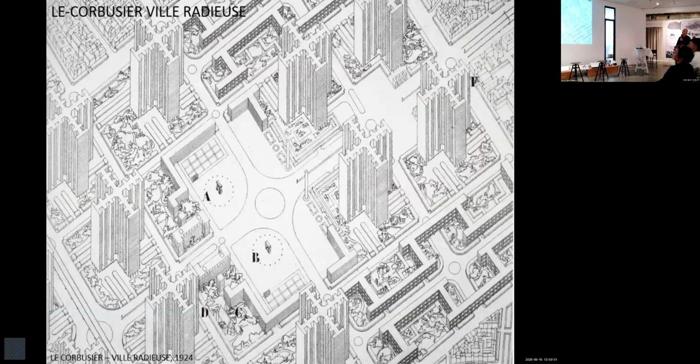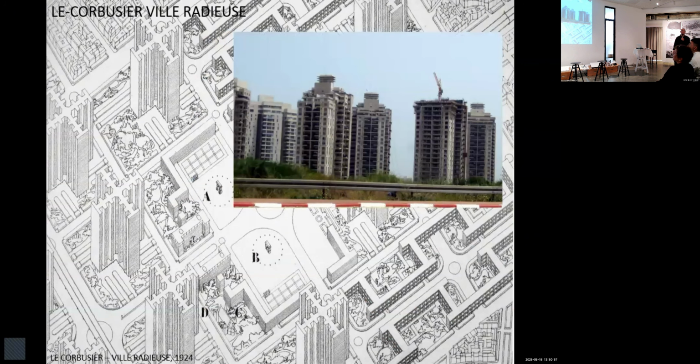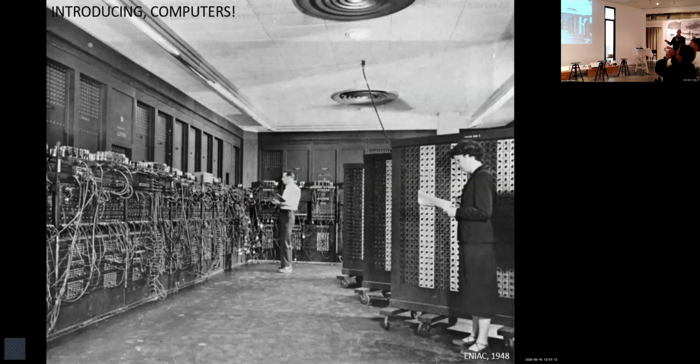This is Being Israel. This is maybe the bravest theory and the most horrible consequence, which you see now everywhere in the world. But it's all drawn with pens on pieces of paper, and then something happens. 1948, ENIAC. This is not actually the first computer; it's more like the second one. And suddenly, we're able to process a lot of numbers, bits actually, not even numbers, at the same time, and things start to change.